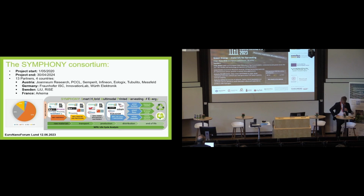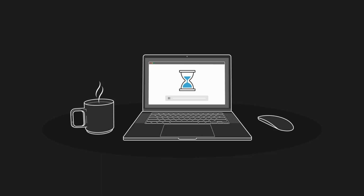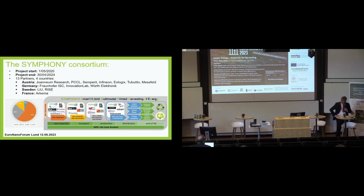But we can't do everything by printing, so we also have Virtual Electronic and Infineon developing dedicated electronics for power conversion and chips. And then we have our use case partners, Tubolito, which is a tube company from Vienna, to include pressure sensing. And we have Airlogics developing sensors for wind turbine condition monitoring, where we want to use this for condition monitoring on wind turbines, and Parador, a flooring company, supporting the project in the area of smart floor for